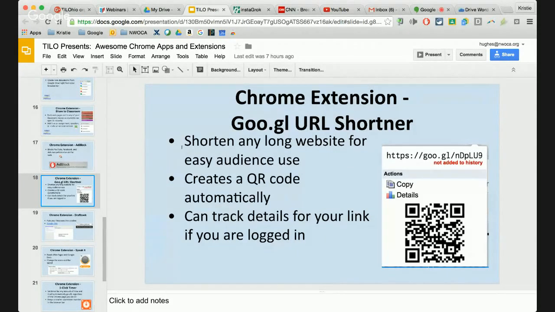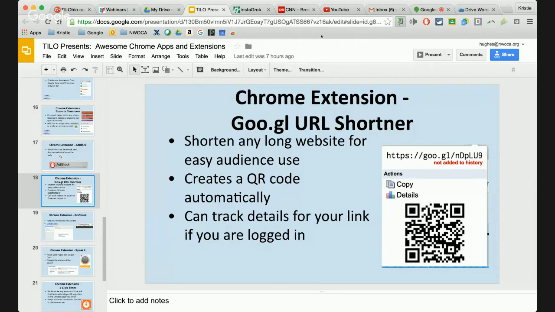Either way would have worked, but I like this because when we do these presentations, or if you go out to different conferences and you're doing presentations, it's not really ideal to have people type in a really crazy long URL. So with this URL shortener, for example, if I click right on it, it automatically shortens this long URL to this really short URL.